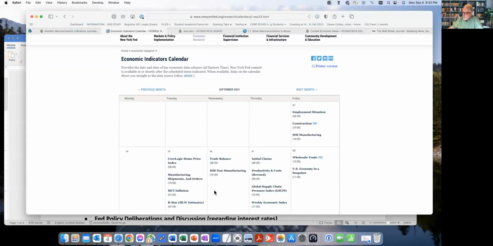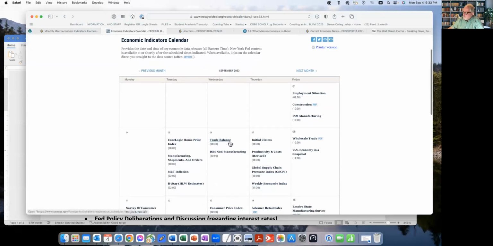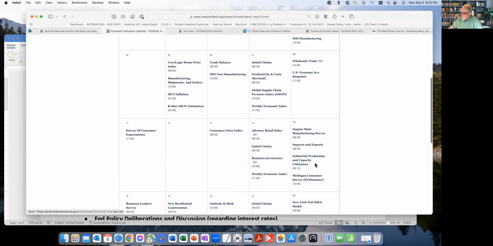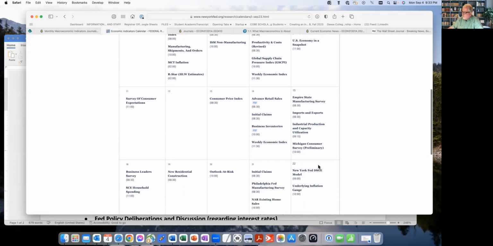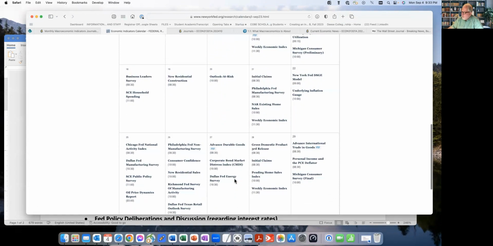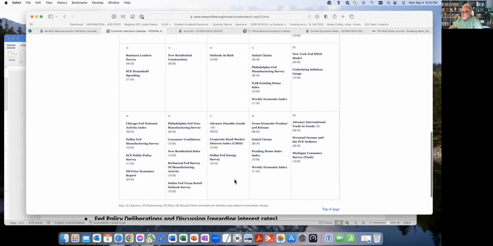Throughout the month, you'll see other information, the trade balance, for example, the consumer price index, retail sales. You'll see imports and exports, industrial production. You'll see consumer survey, etc., etc. All right. So every month, there's going to be a whole bunch of indicators that come out, and most of them come out monthly. Right? So every week, there's one or two that we'll pay attention to. We're not going to pay attention to all of these necessarily,